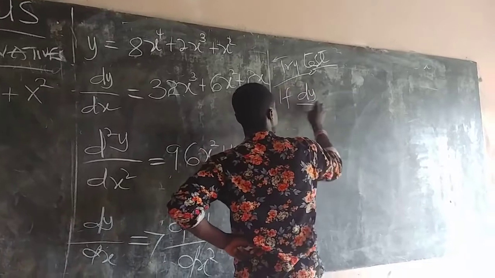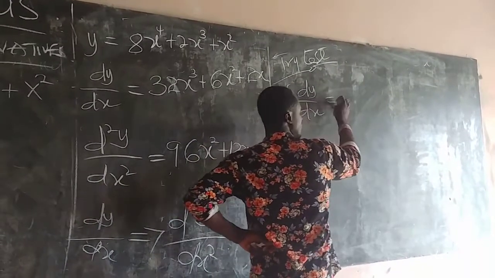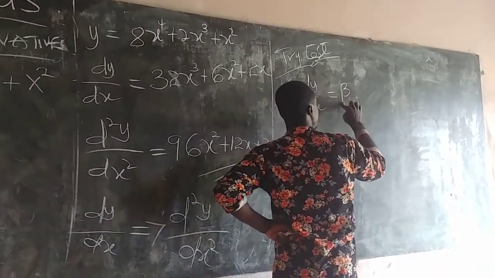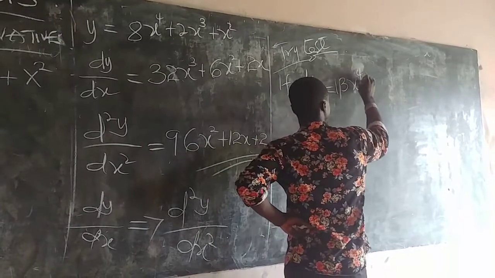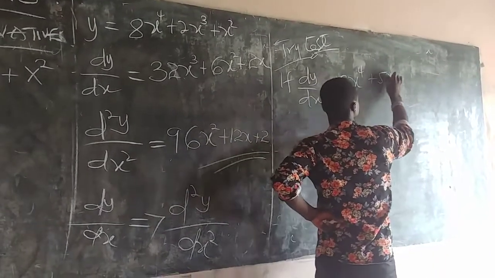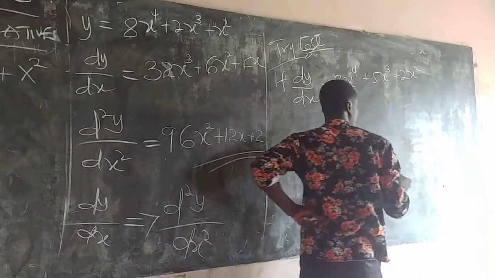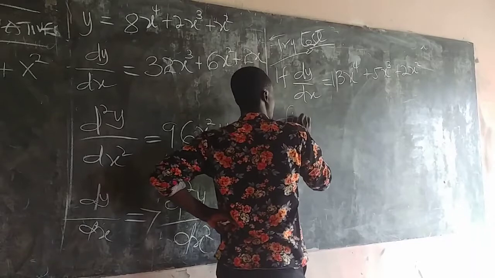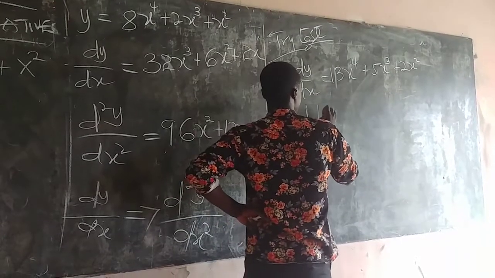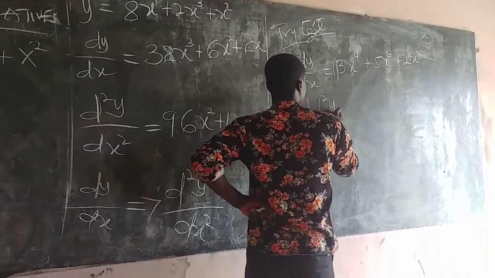If dy/dx is equal to 13x exponent 4 plus 5x exponent 3 plus 2x squared, find d squared y over